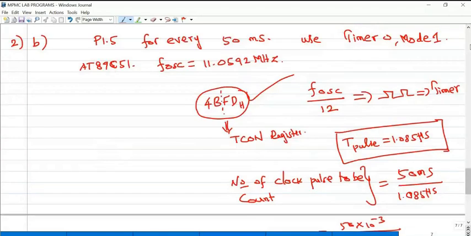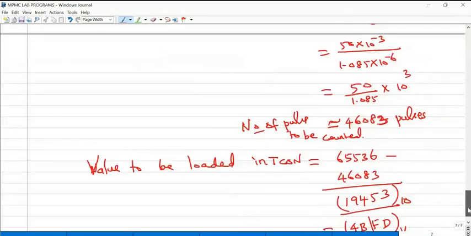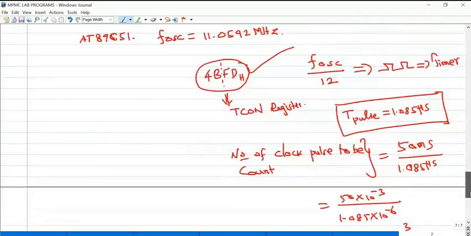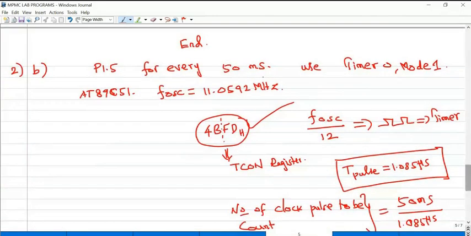Which timer here? Timer 0. Timer 0 meaning TL0: FD should be in TL0, and 4B should be in TH0. So first we have to find out the value to be loaded in the TCON register using this procedure.